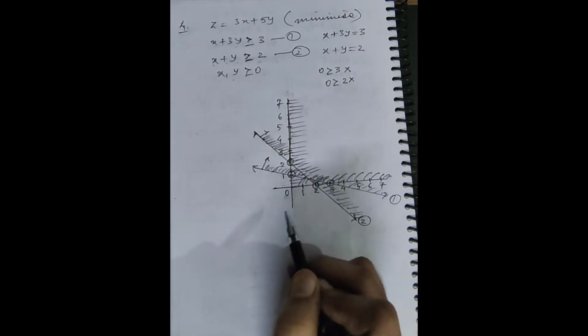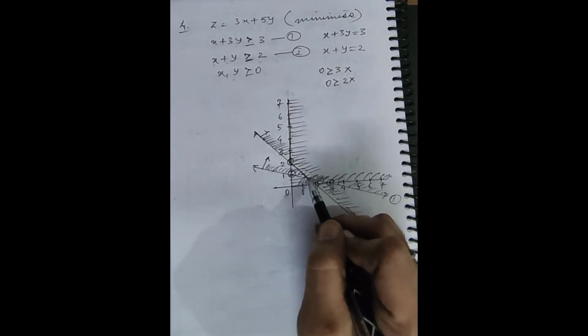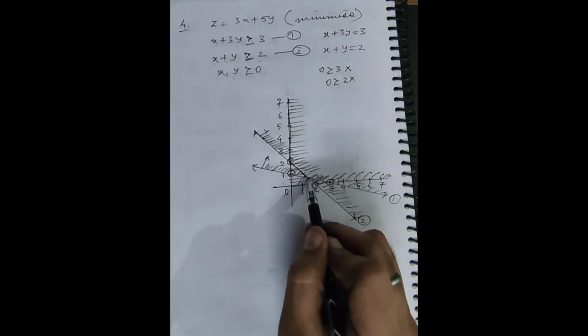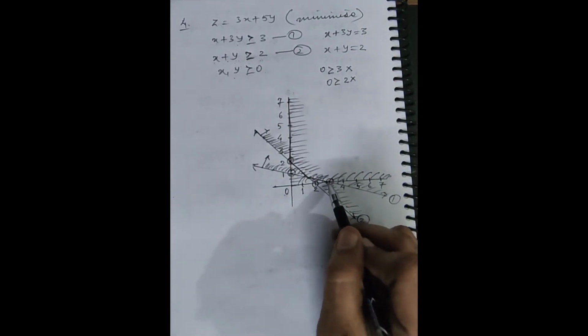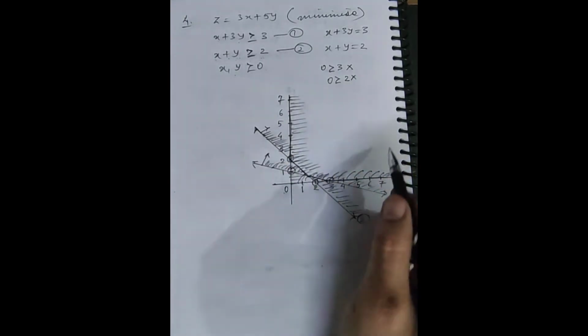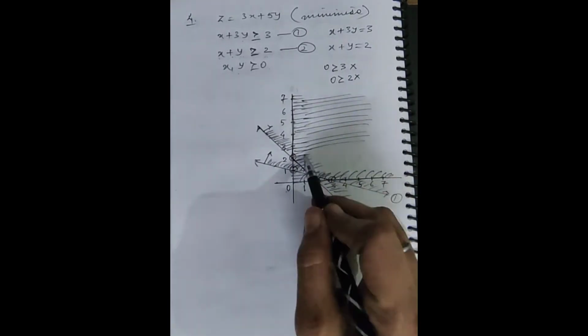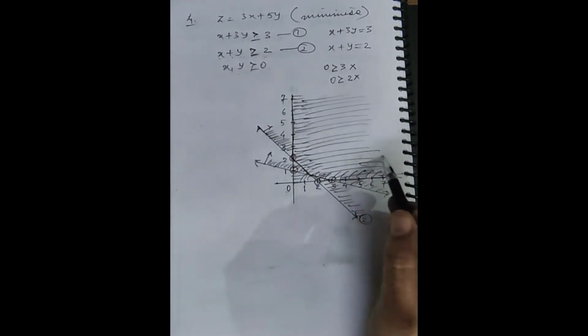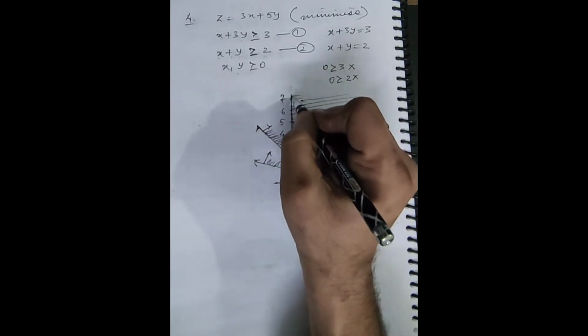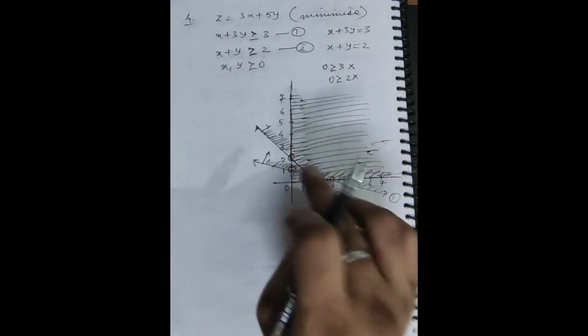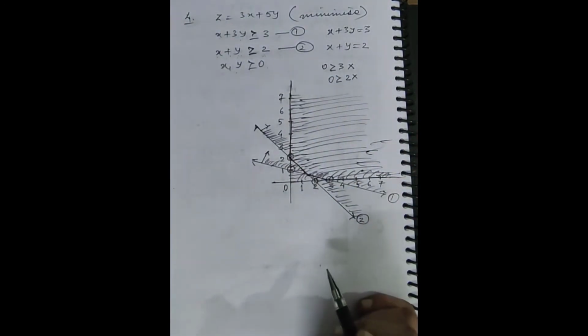Now all the shades we can see with respect to the y-axis, straight line second, straight line first, and the x-axis. We can see they all are converging in this region. This is the required region which has to be shaded, or we can say this is the feasible region. This is infinite at one end. We can expand these x and y axes, so this will be enclosed by all these.